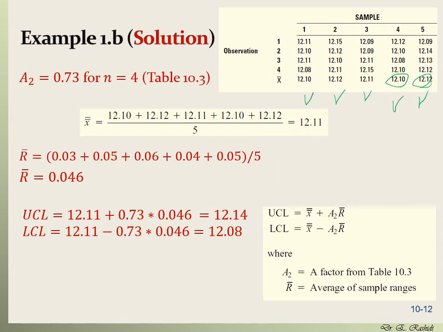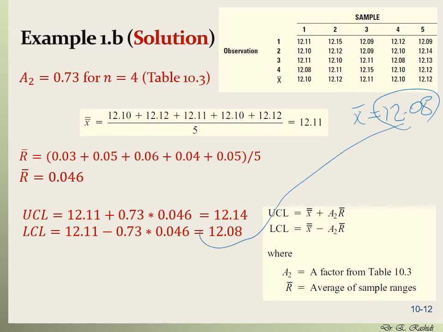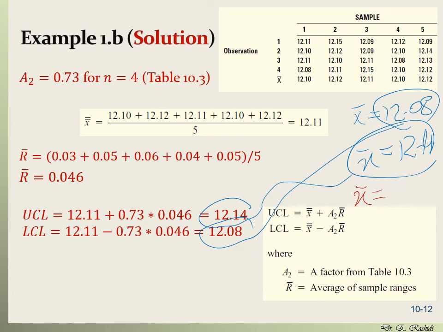But what if one of the sample means falls exactly on the upper limit or lower limit line? For example, what if you have a sample mean X bar of 12.08? This would fall exactly on the lower limit line. Or if it was, for example, X bar equal to 12.14, this would fall on the upper limit line. Or if you had a sample mean outside of this range, for example 12.15, 16, 17, anything bigger than 12.14 would be outside of this range, or it was smaller, 12.07 or 6 or 11 or 10 or